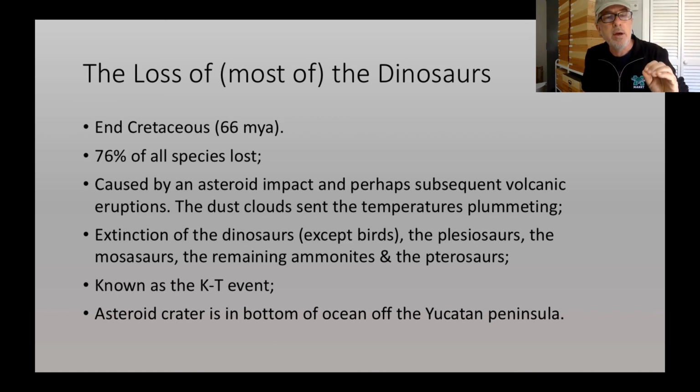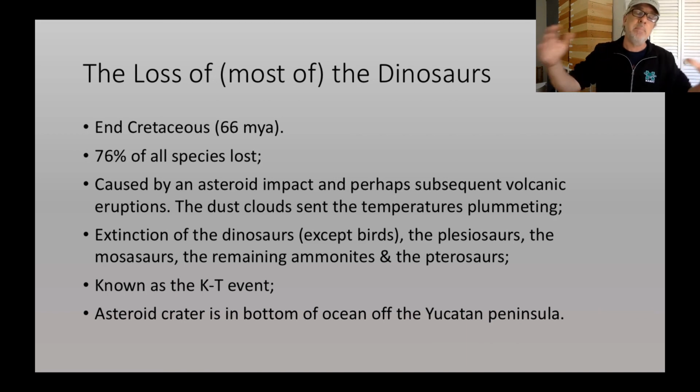The story by which it was discovered that an asteroid impact caused the extinction is one of the great pieces of scientific detective work done by a father-son team, about 35 years ago. And this father-son team, when they first proposed this idea, were laughed at in the pages of major scientific journals. But the evidence kept accumulating, and eventually they found the asteroid crater in the bottom of the ocean off the Yucatan Peninsula. And in fact, the oil companies had known about this crater for a long time because they have the best maps of the geology of the Earth because they're always looking for oil.